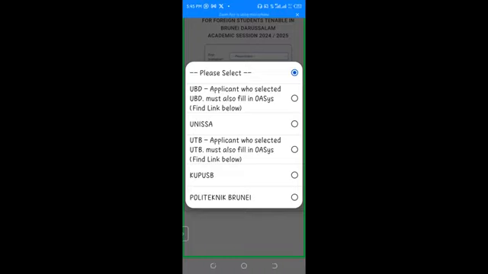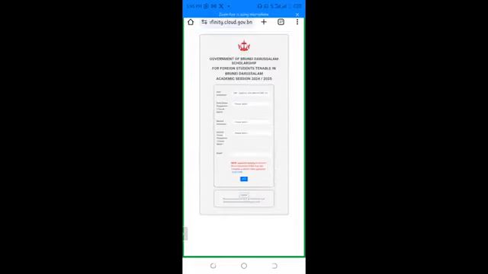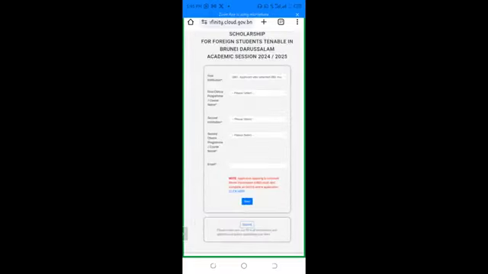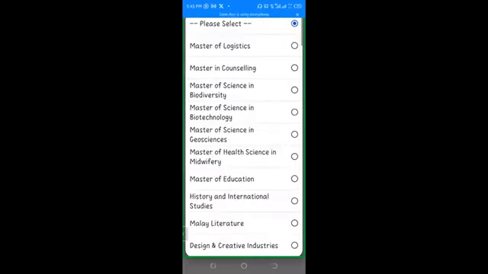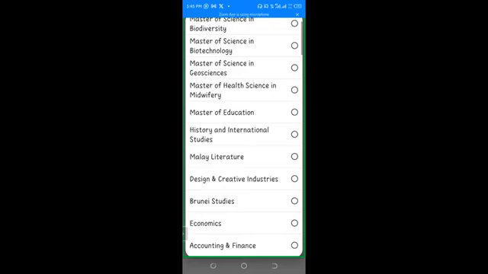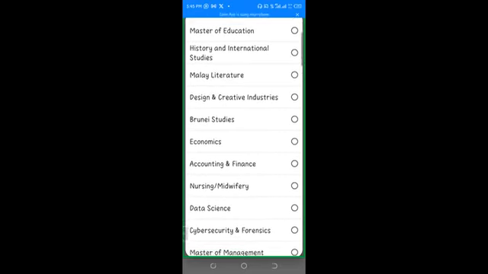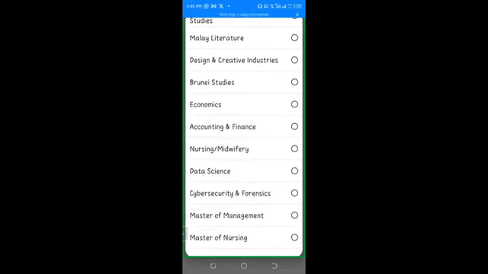So you can just choose any because it will just reroute you to a university that has your courses. So I've clicked on this UBD first, and you see that it asks me for my first choice of program. So I can choose master's, any course. Let's see. I think there is an applicant that wants to go for economics. So let's go for economics.